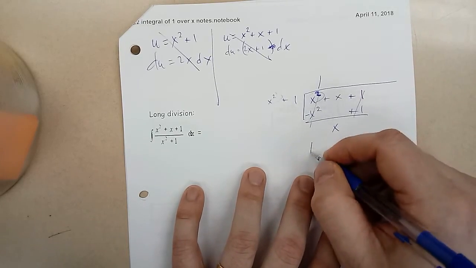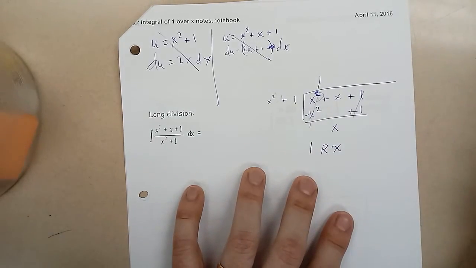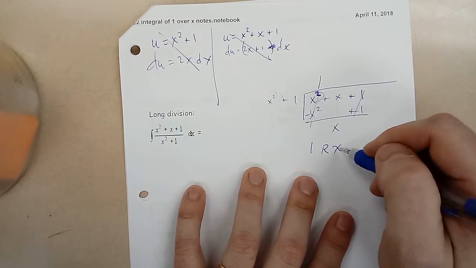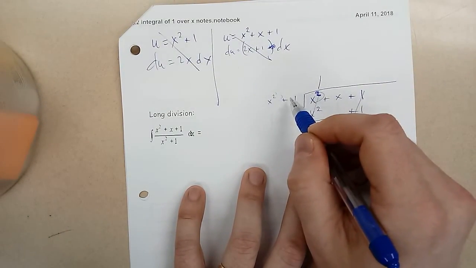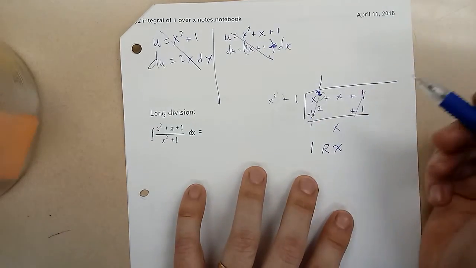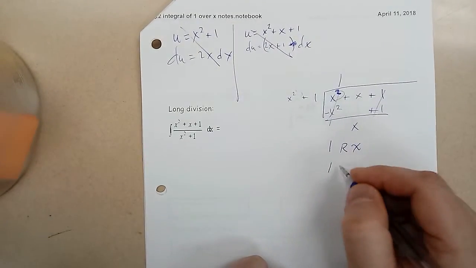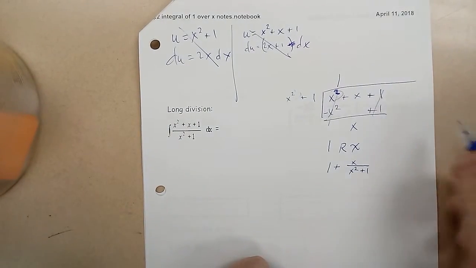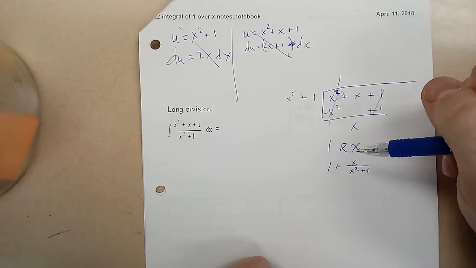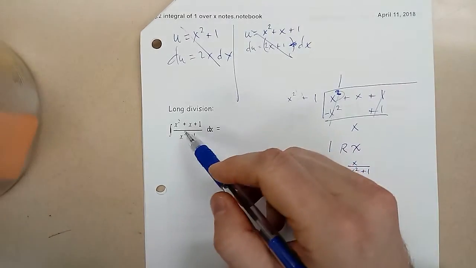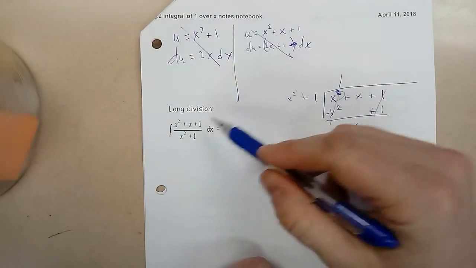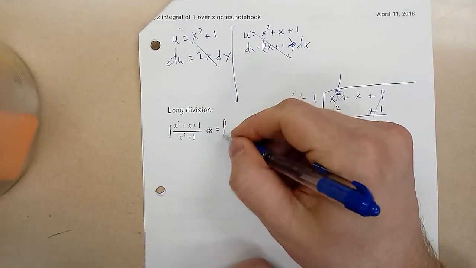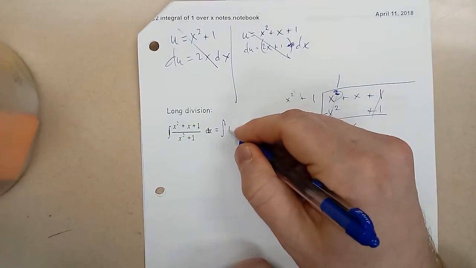So I'm not going to say 1 remainder x, although that's true, my remainder was x. It was remainder x when my denominator was x squared plus 1. So the way that I can write this is 1 plus x over my denominator. And you may be wondering, why turn this into this? This is not quite as ugly as this is. This is uglier, but just bear with me. If we rewrite this,